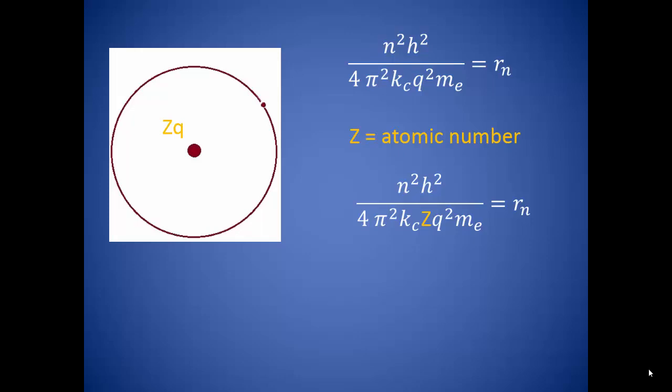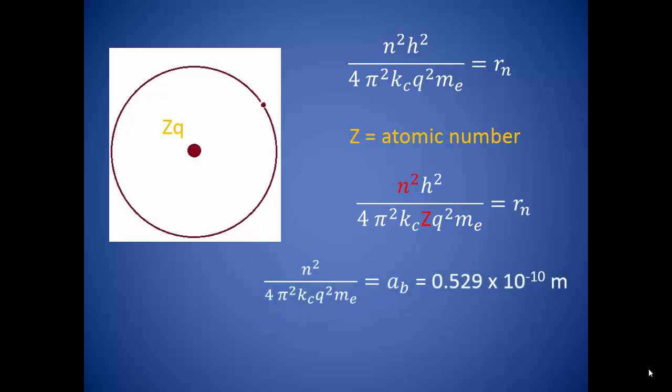So what would happen to our radius as we increase the number of protons in our nucleus? Our denominator would get bigger, so the radius of our atom decreases as we increase the number of protons in the nucleus. Now I also want you to notice something here. Except for n and Z, everything in this equation is a constant. So if we really wanted to, we could pull all of those out and combine them into one new constant. This new constant has a value of 0.529 times 10 to the negative 10th meters, and we call this the Bohr radius. So instead of having all of those different terms in our equation, we can simply say that the Bohr radius times n squared divided by Z gives us the radius of our orbit.